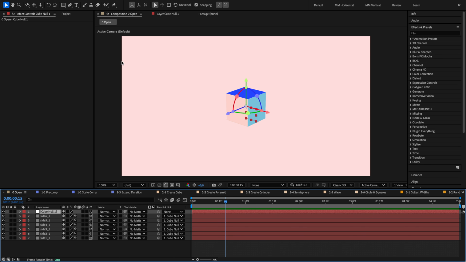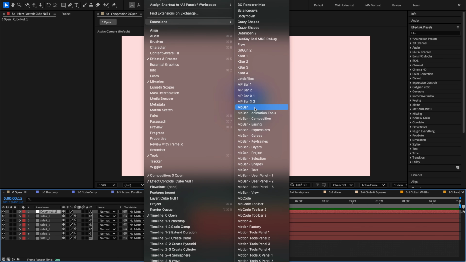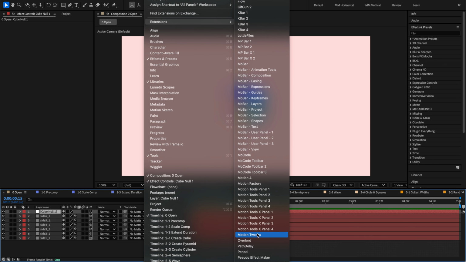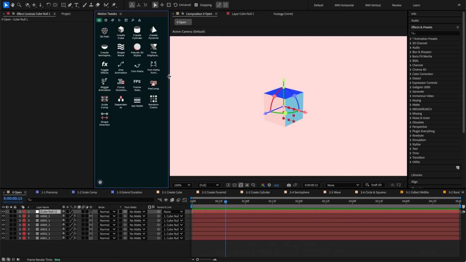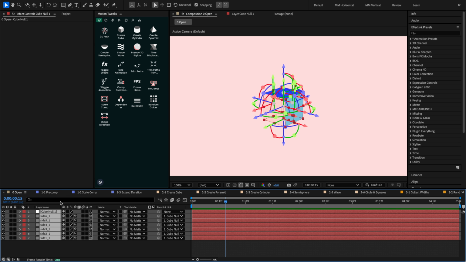Hello everyone. Now I'm going to tell you about all the features of Motion Tweaks. First of all, what is Motion Tweaks? Our approach to scripts is that you instantly get the needed result without interacting with the interface and additional windows